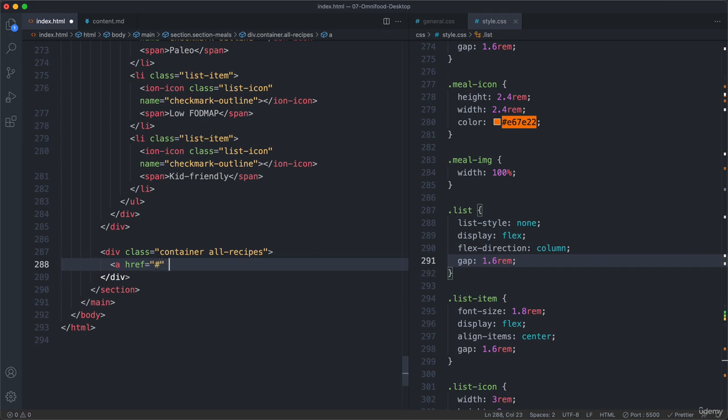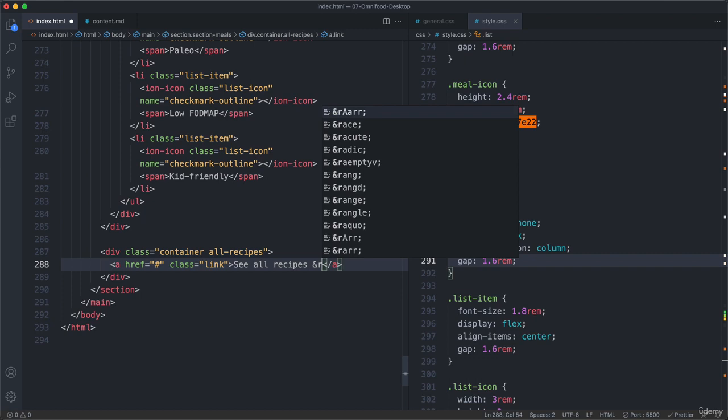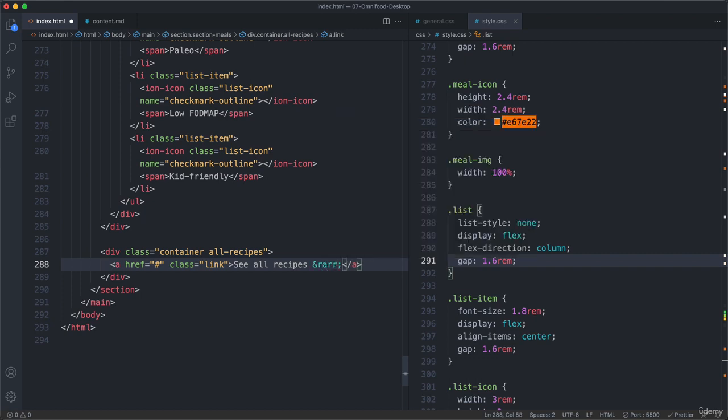So here all I'm going to do is to add a link that is not going to point anywhere. And I will add the class of link. So here what I want to do is to basically create a generic link element that we could once again reuse all over our page. So see all recipes, and then here I like to use that right arrow. So RARR. So that's an HTML entity that I use all the time, and so I already know it by heart. But on my resources page, there is a